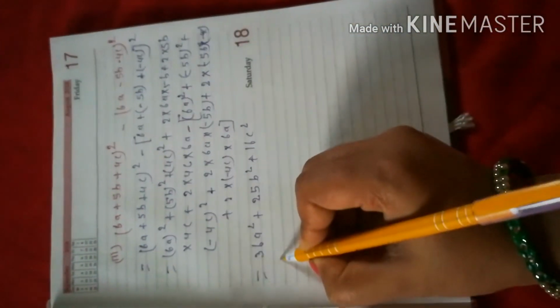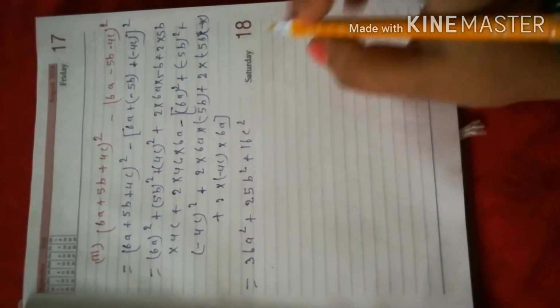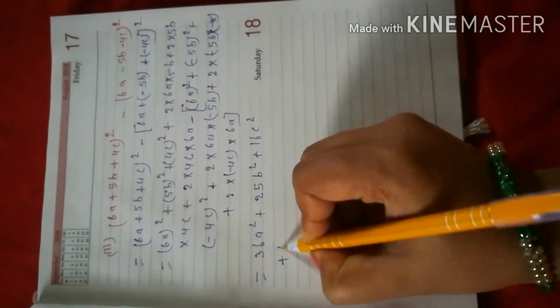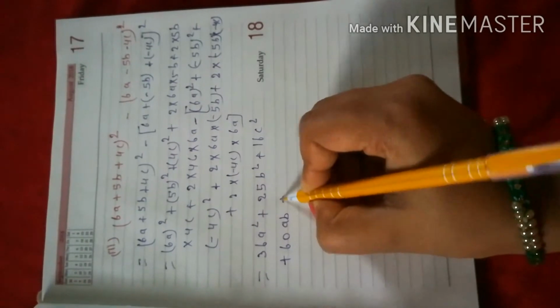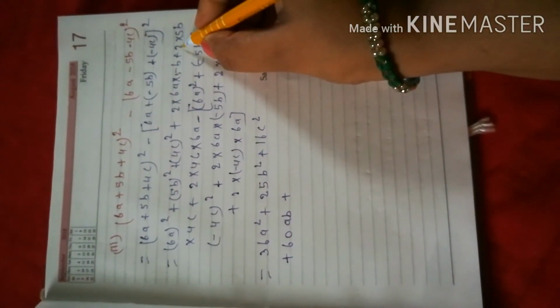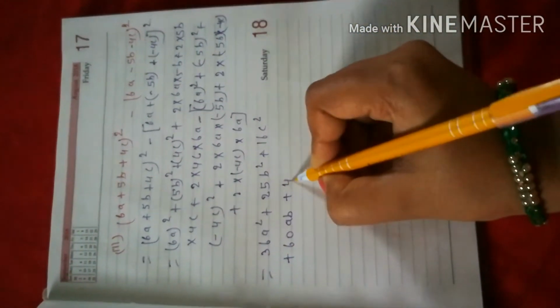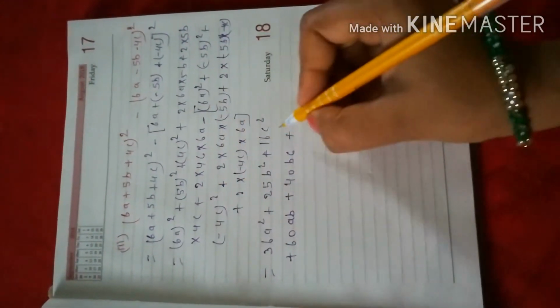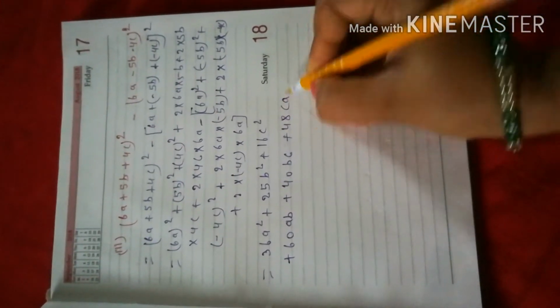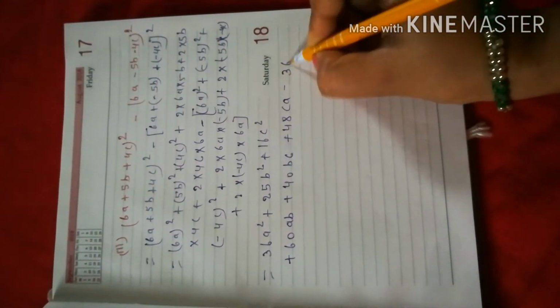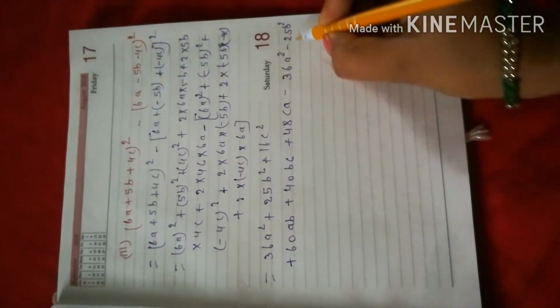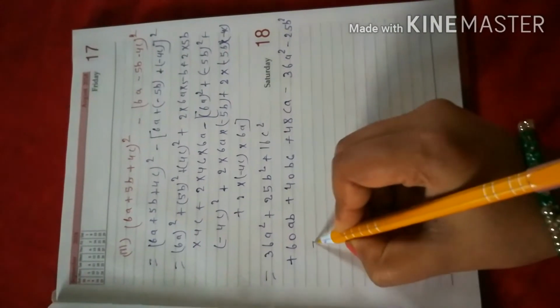Then here we can see 6 5s are 30, 30 2s are 60, 60ab plus 5 2s are 10, 10 4s are 40bc plus 6 4s are 24, 24 2s are 48ca minus 6 6s are 36a square minus 5 5s are 25b square minus 4 4s are